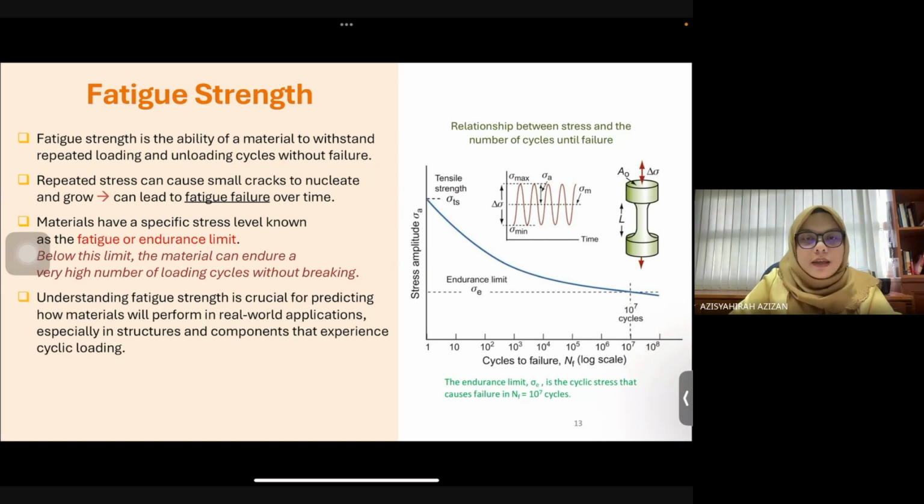Next, we have fatigue strength, right? Fatigue strength is the ability of a material to withstand repeated loading and unloading cycles without failure, right? So if we look at here,